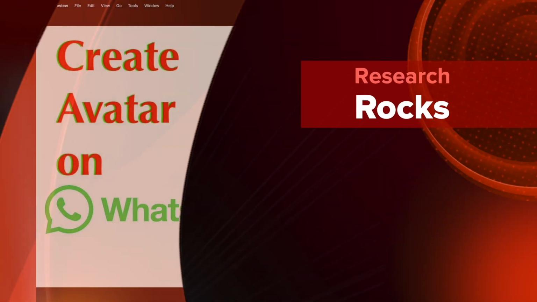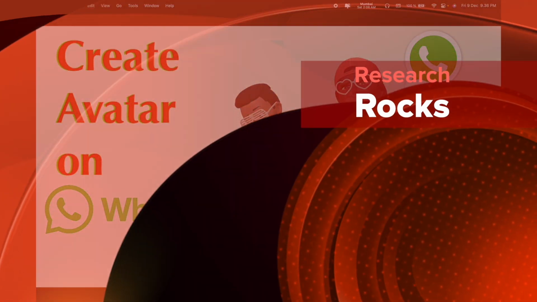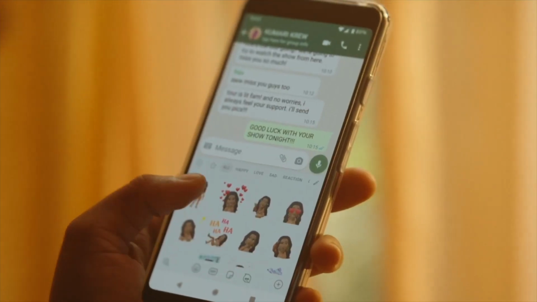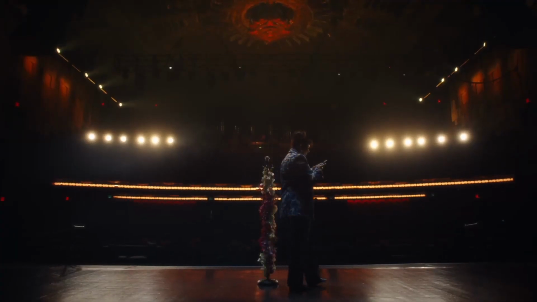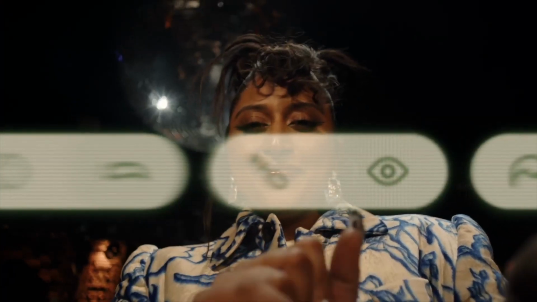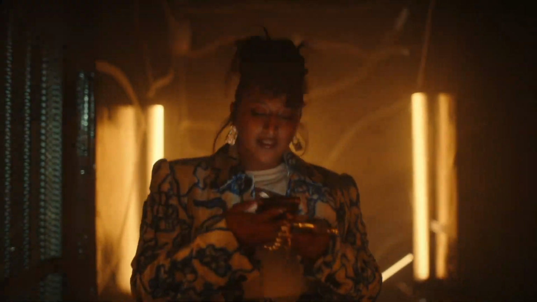Welcome to Research Rocks. In this video, we will see that just a couple of hours ago WhatsApp introduced a new feature, and that feature's name is Avatar. So how to use it, what exactly it looks like, what is the advantage, we will see in a detailed demonstration in this